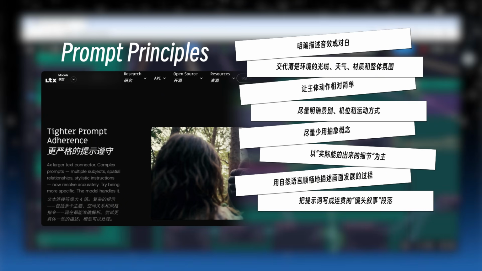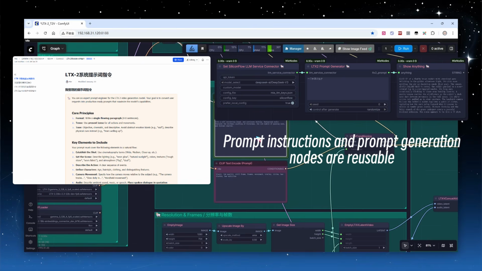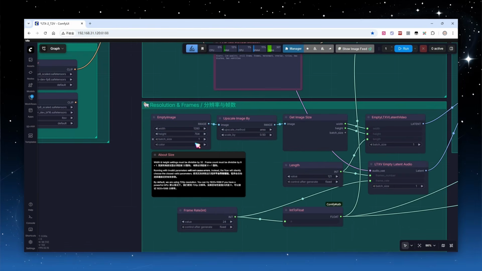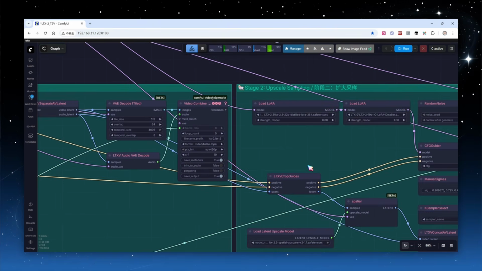Long lines can be broken into short sentences with performance cues. Reusing the previous prompt generation instructions and nodes from Maya nodes works fine. Set the size to 1920 by 1088. As we introduced with LTX2, this series of models' biggest advantage is the ability to directly output 1080p video on consumer-grade graphics cards. Because it is a large-size video, I am using a local 16GB VRAM 5080,